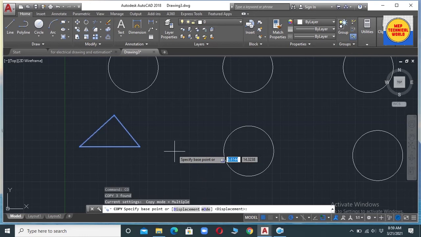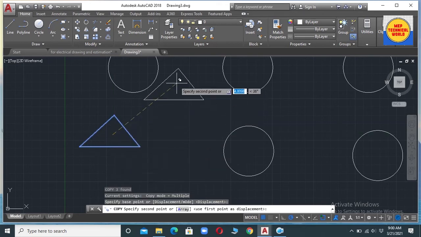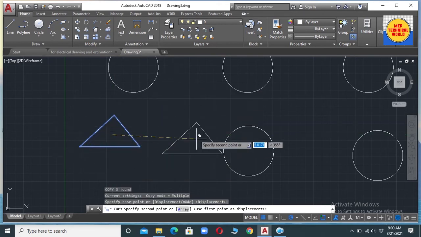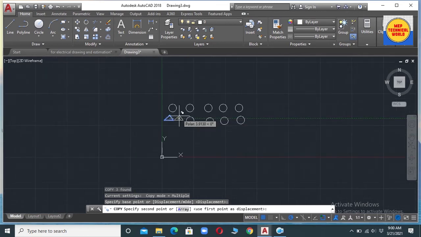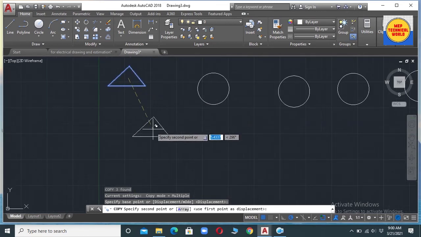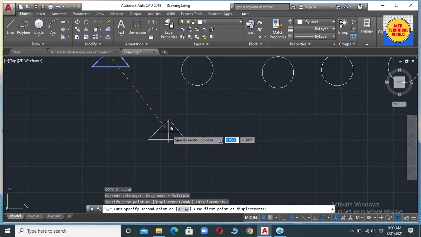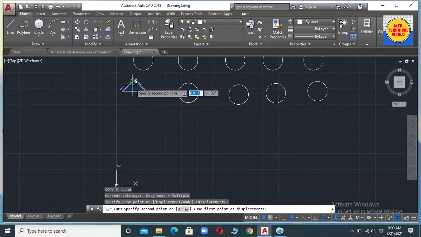Now again you will see the statement "specify base point". Here I am going to specify the base point of this object. Now you can see our copy command is activated. Now you can specify the second point where you want to copy this object.